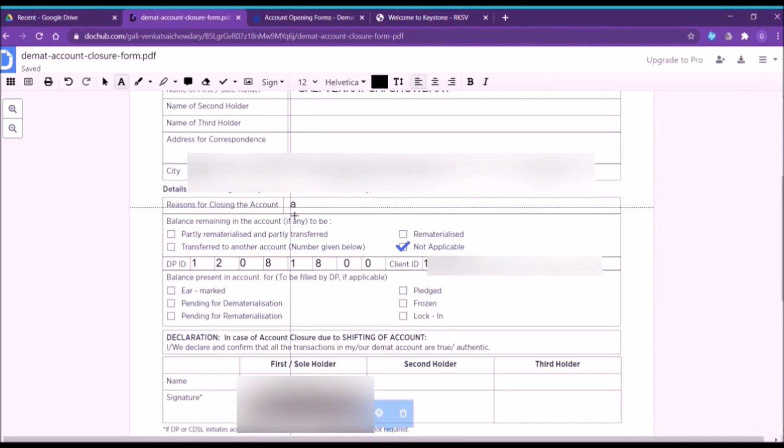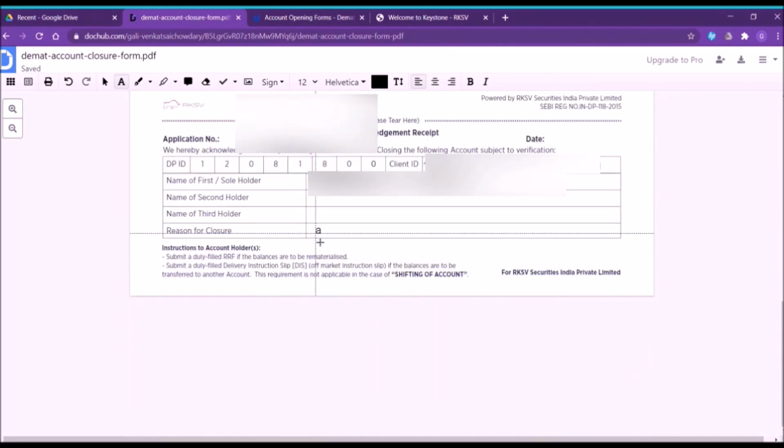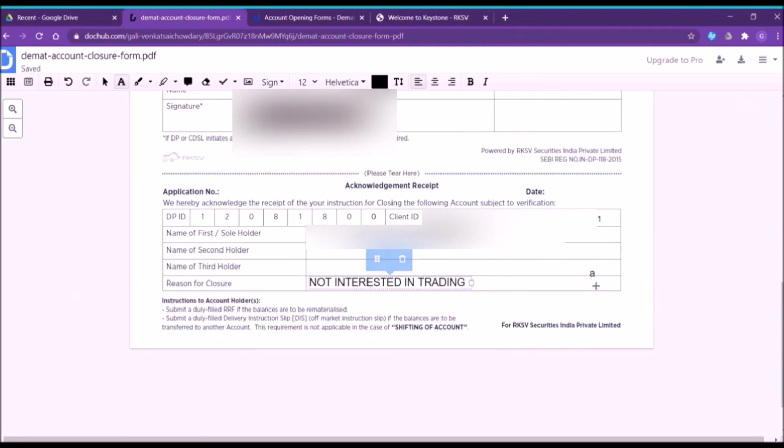I am mentioning that I am not interested in trading. It is enough to close an account. If you have any other reasons, you can give them there. There is no problem. So my form filling is completed.